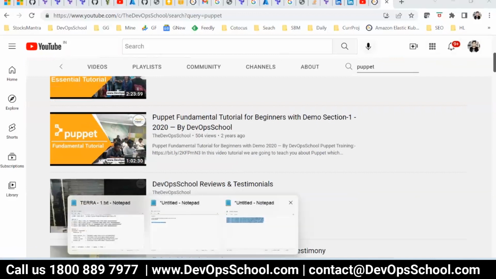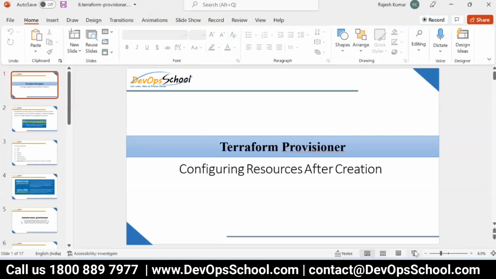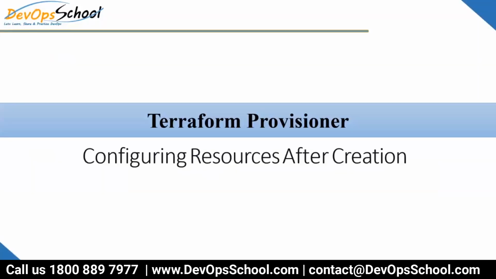So now the question is provisioner. So think about it. Some of you know, some of you don't know, but the tools which I named are configuration management tools. Chef is a configuration management tool, Puppet is also a configuration management tool, Ansible, CF Engine, and the last one, Salt. So all these are configuration management tools. That means you can configure the servers.